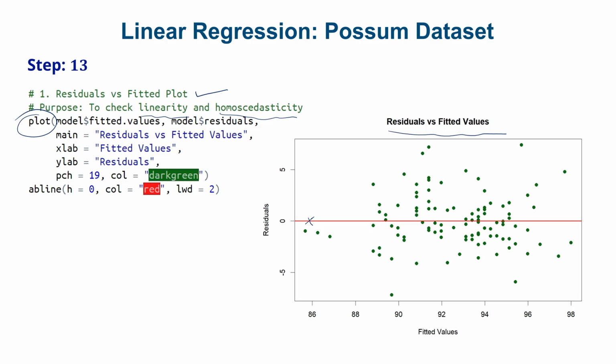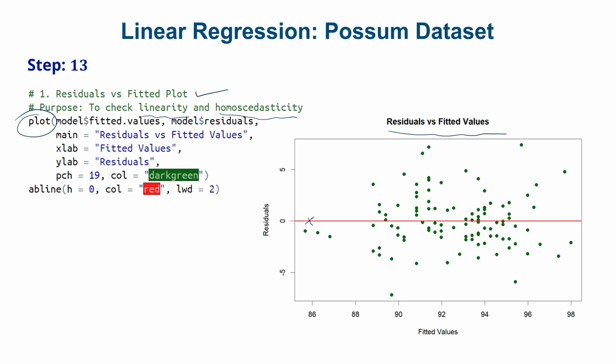You might need a transformation or a more complex model. If you see a funnel shape, residuals spreading out as fitted values increase, that's a sign of heteroscedasticity, or non-constant variance. This violates one of the key assumptions of linear regression and affects the reliability of standard errors, p-values,